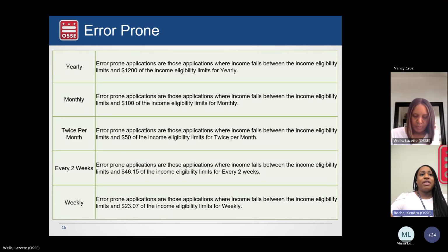Okay, so how do you know if an application is error-prone? You can use this chart shown on the slide. It really depends on the household income amount and how closely it falls between the income eligibility limits and a determined amount based on the frequency of the income. Error-prone applications are those where income falls between the income eligibility limits and